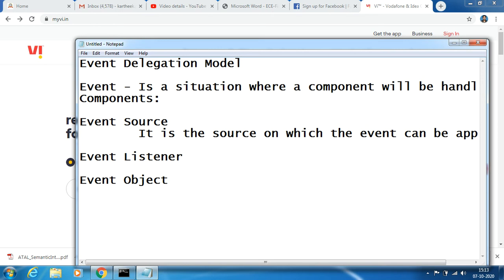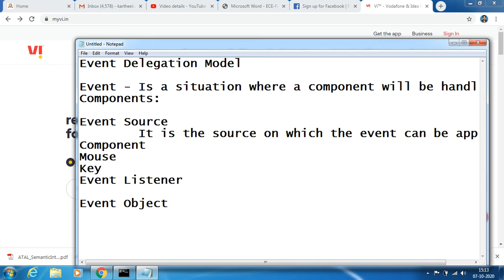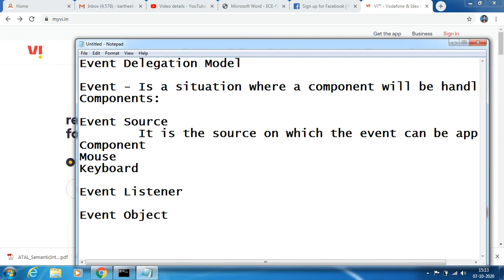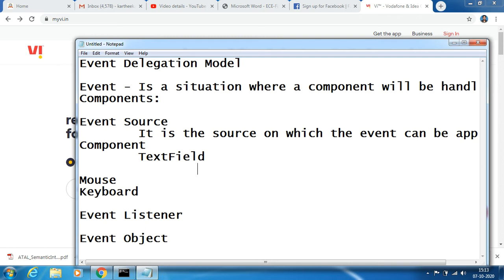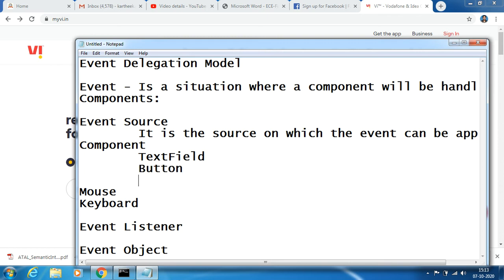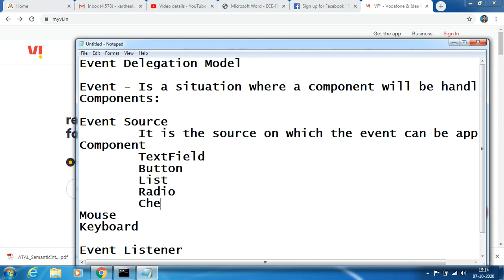It's a source in the sense it can be a component, it can be a mouse, it can be a keyboard, etc. In components, you can have a text field, it's one component, a button can be one component, a list can be a component, a radio button can be a component, or a checkbox can be a component.